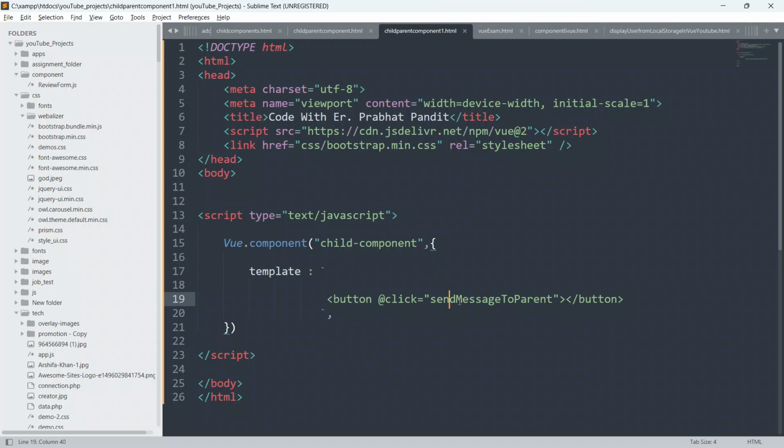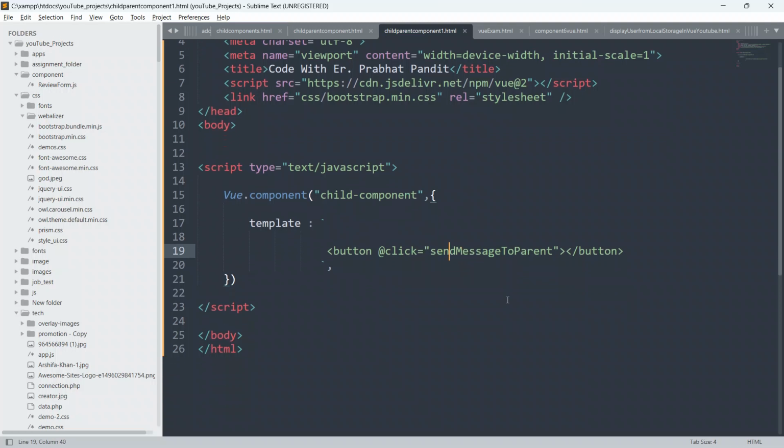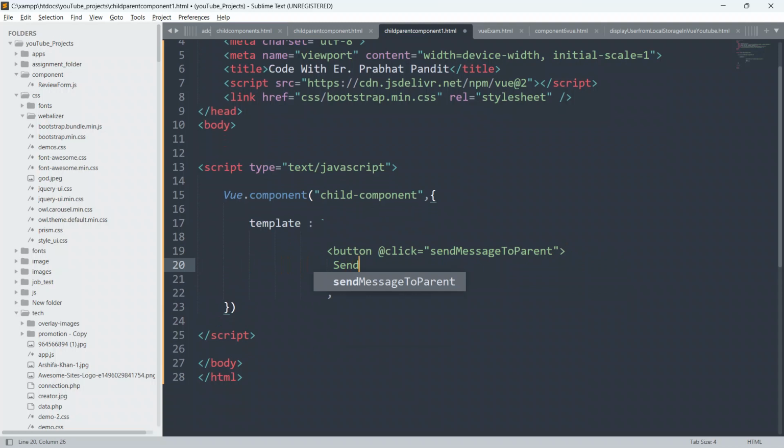It says send message to parent. Whenever a user clicks on this button, we will be able to grab the message, and send that message to the parent component using the emit function. So give text inside the button as well: send message to parent.